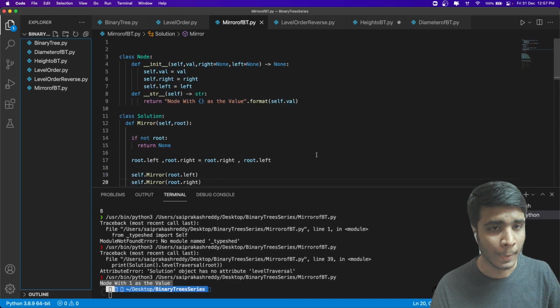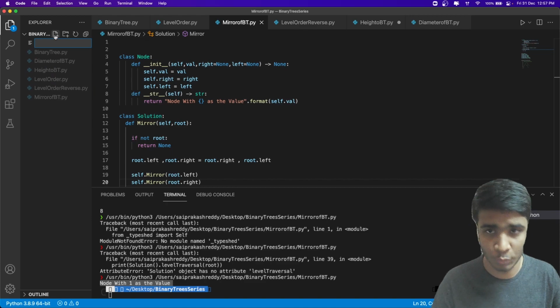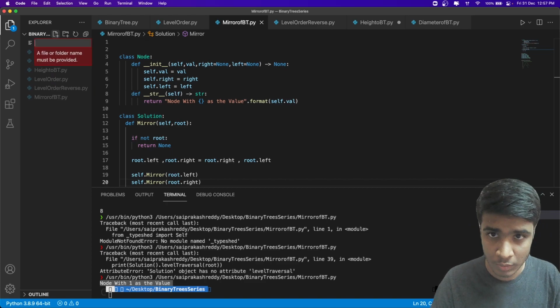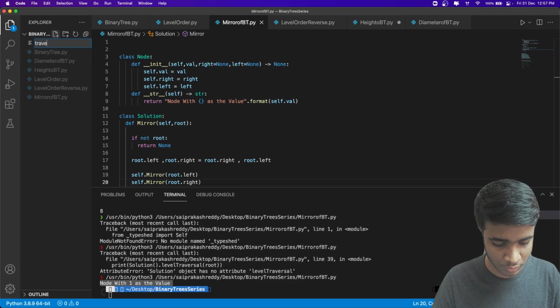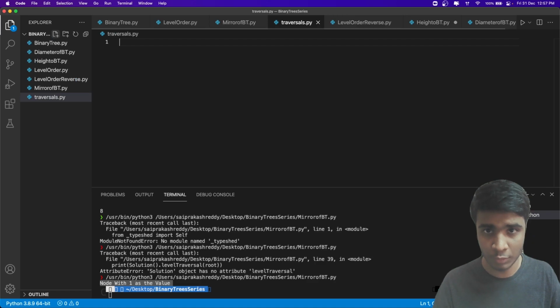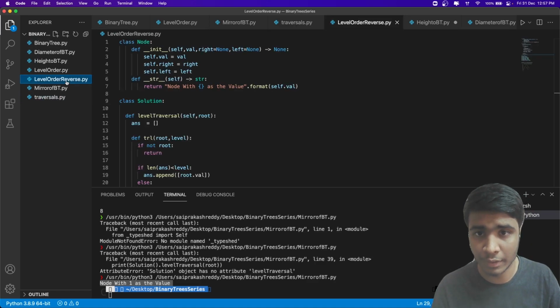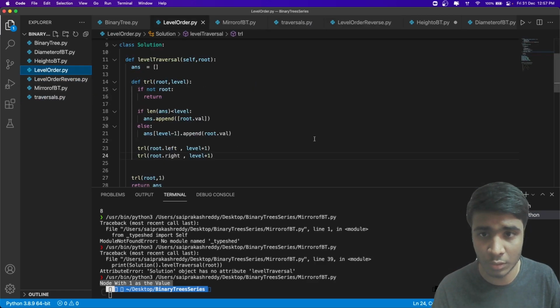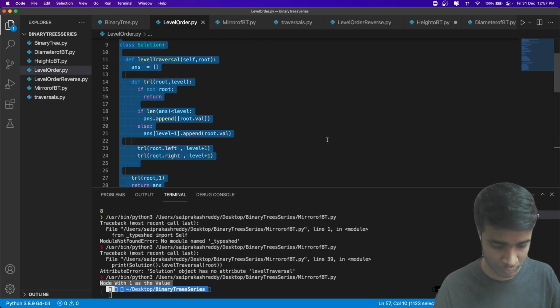Okay, let's solve this problem here. I'm going to call it traversals. I would be coding everything here, so let's copy this and paste it.